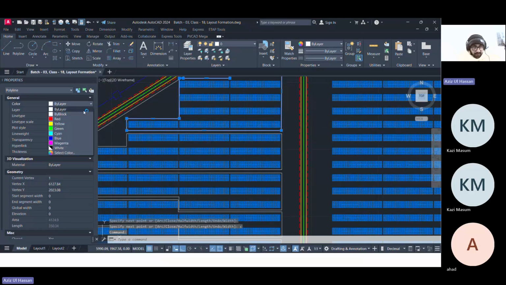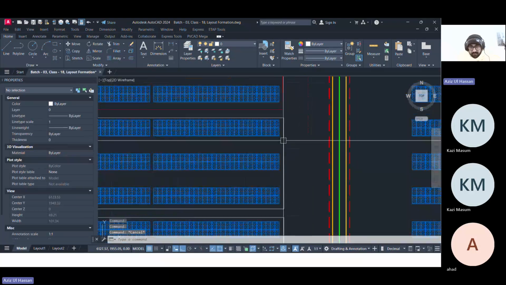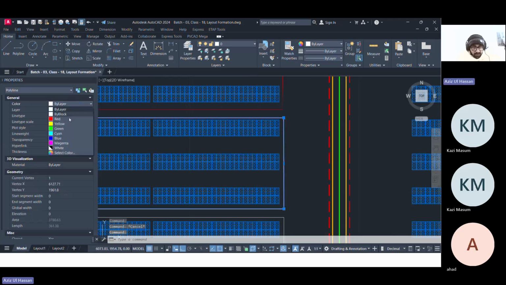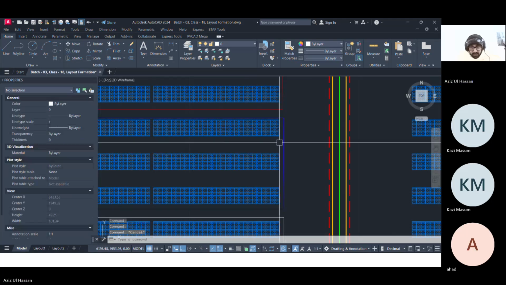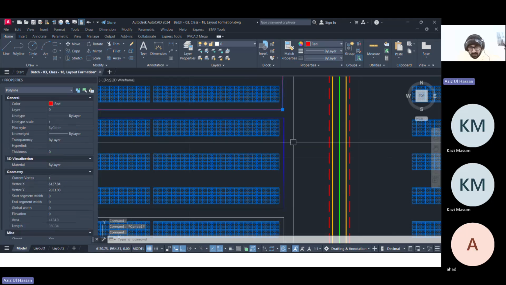Just changing the color, this one red, this one should be blue one, this should be